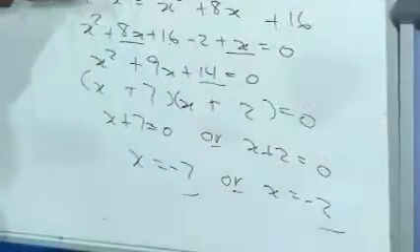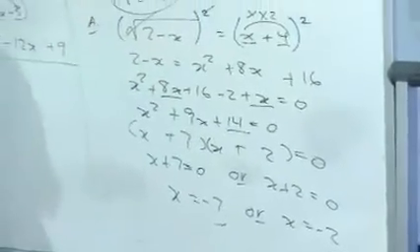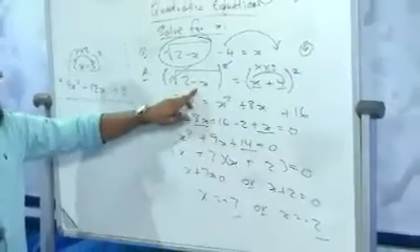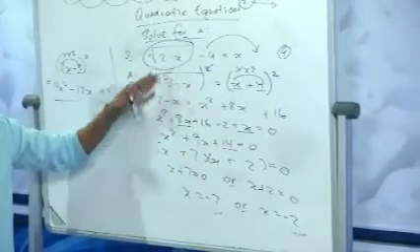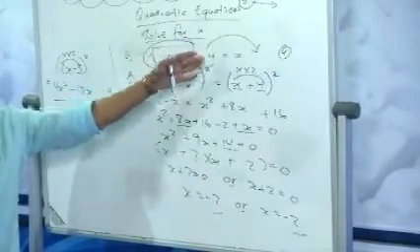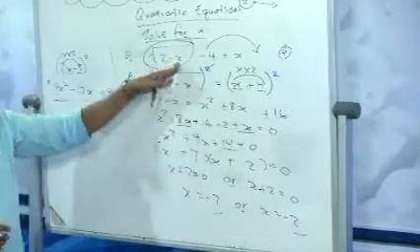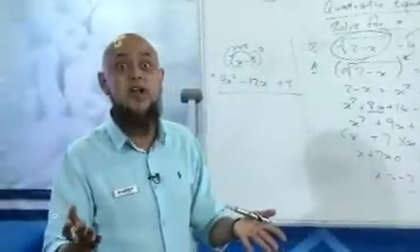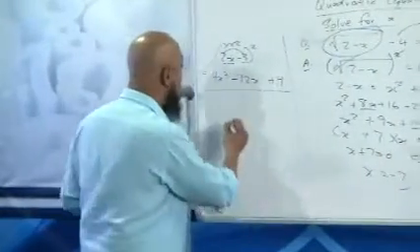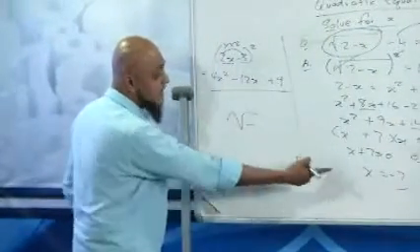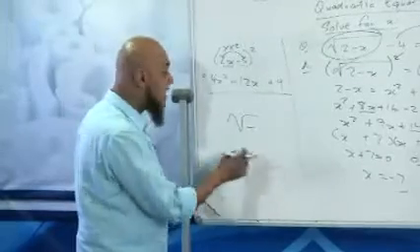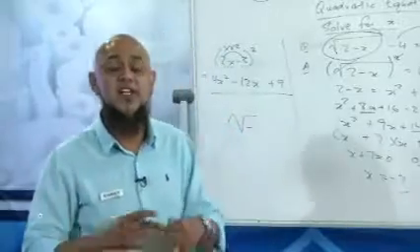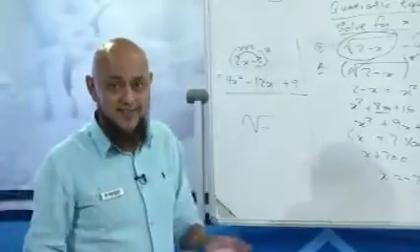Now, what your teachers will show you to do in the exam is to do a validity test. So all you have to do is take minus 7, substitute it for x, and work out whether the left hand side will equal the right hand side, and then take minus 2, substitute it for x, and see whether the left hand side will equal the right hand side. Whichever one gives you a square root of a negative number, that solution will not be valid, because you can never get a square root of a negative number. It's imaginary, it's complex, it does not exist.